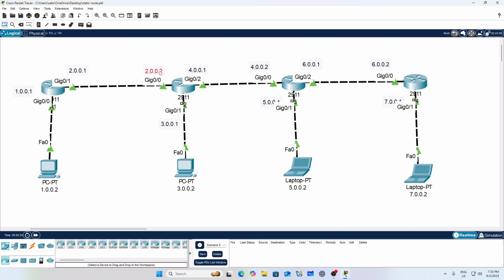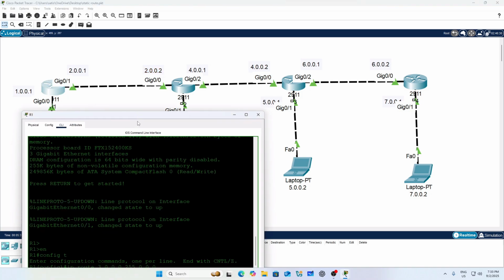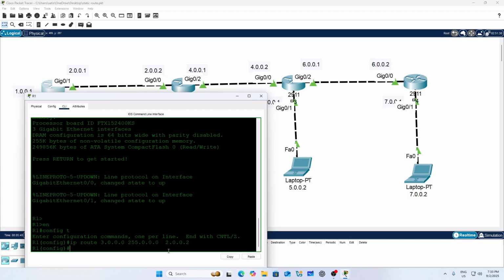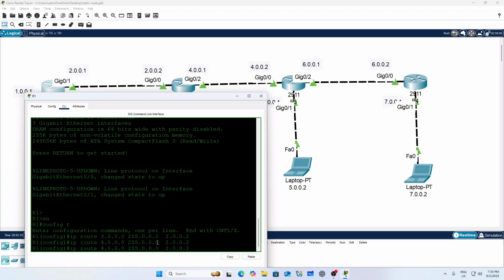You can see this IP. If you want to go from router R1 to network 3, you have to go through this IP. That's why you have to type here IP route, network, and the gateway here is 2.0.0.2. Done. The first network is done. Now for 4, 5, 6, 7. If you want to go to network 4, you have to go through the same IP. Even if you want to go to network 5, you have to go through the same IP.